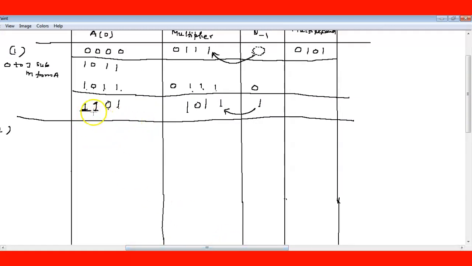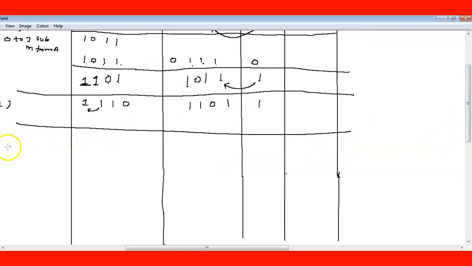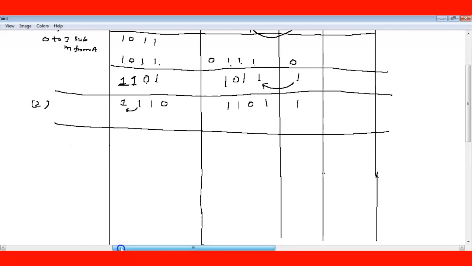So I am writing from here, we will get 1 1 0 1, and this is 1 0 1 1, and here again it will retain the previous value which is 1. This step 2 is also over, because we do not have to add or subtract, because this 1 to 1 transition is there. Similarly for step 3, this transition was 1 to 1, so